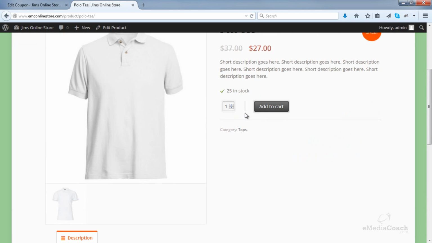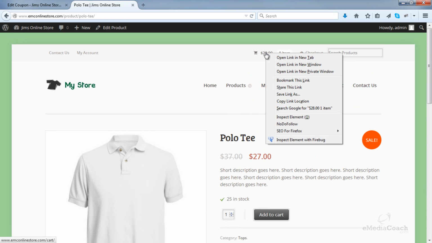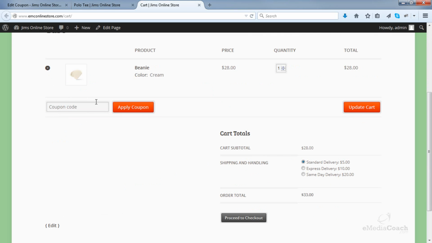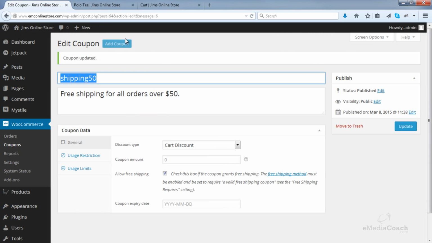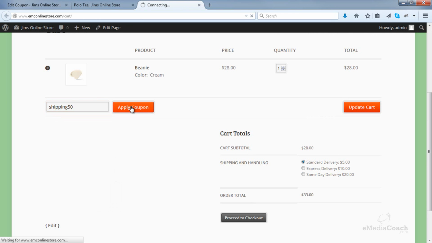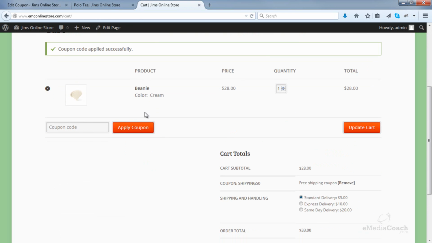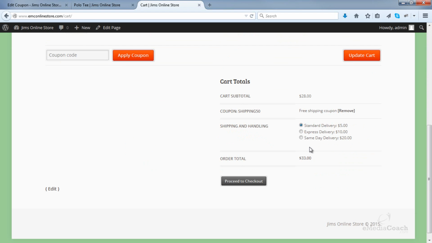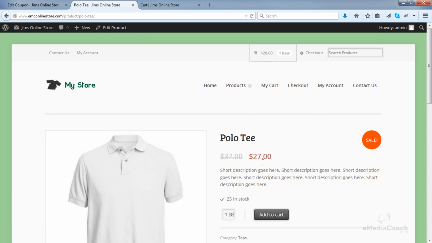Okay, before I add this one to cart, I'll just go to my checkout. So the current order is $28. If I use that coupon code, you'll see the coupon is applied, but the free shipping option isn't available because our order total hasn't hit the $50 minimum. So now if I go ahead and add this t-shirt to cart,